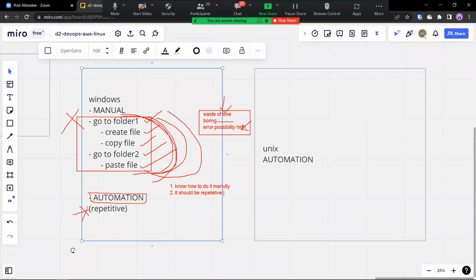If you enjoyed going there manually, you don't want to buy a bike. So these two are key ingredients to automation. And the purpose of automation is to basically reduce these things. So we are talking about what is automation and when you will try to do automation.